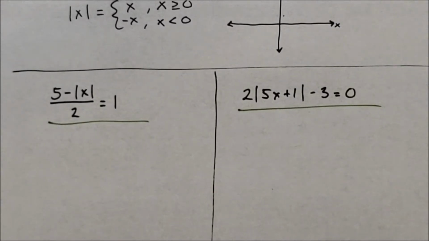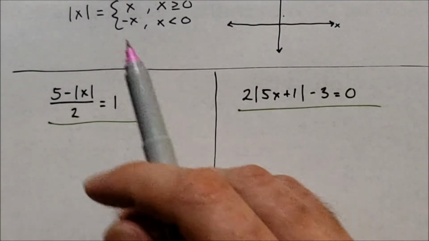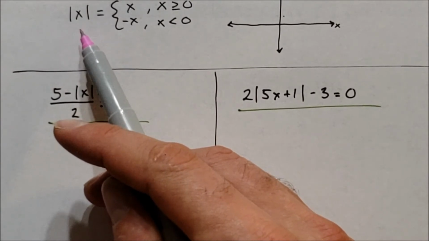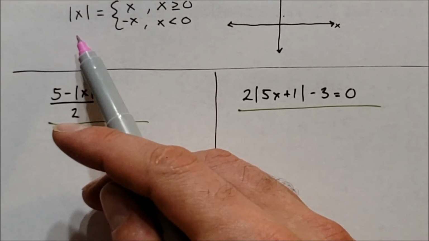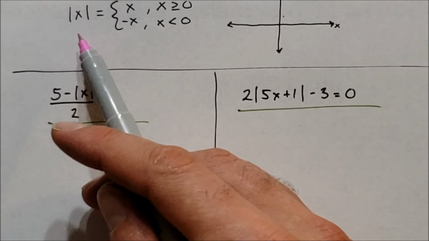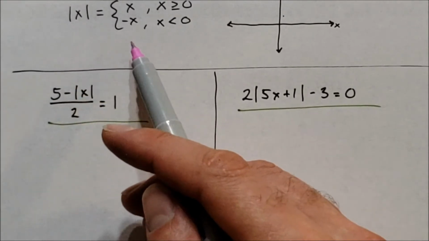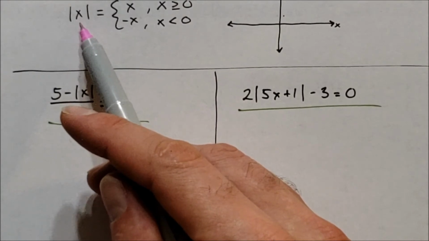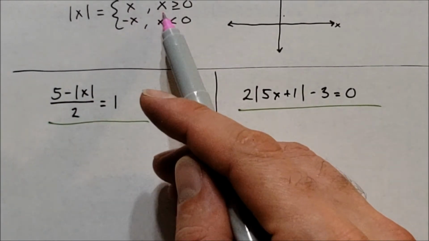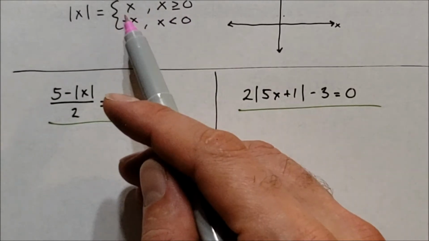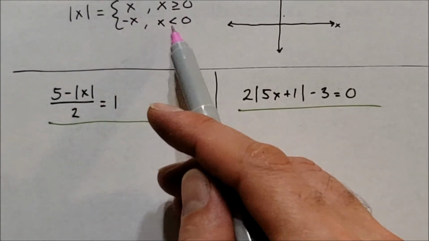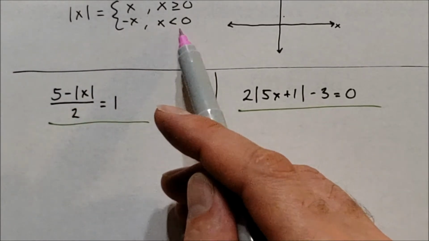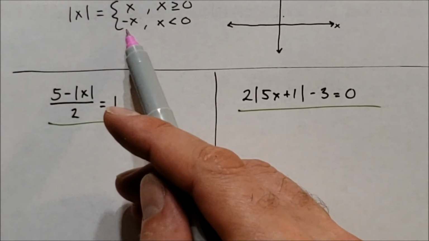Absolute value. We often interpret that whatever is inside the absolute value bars is just positive, but it's a little bit deeper than that. There's a little more to it. Absolute value is really a piecewise function, where if the number inside the bars is positive, such as here, x is greater than or equal to 0, then it is just that number. However, if the number inside the bars is negative or less than 0, then we take the opposite of that